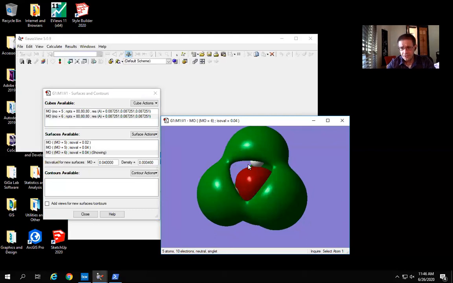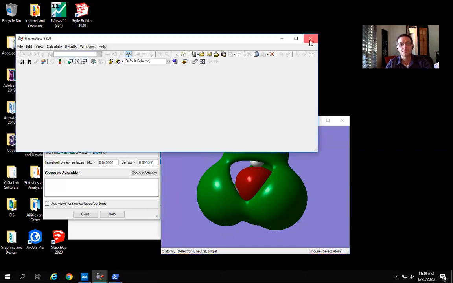Those are the things you need for the first lab. So that should be all you need. The last thing that you're going to do, now I'm not going to do this to show you because I don't know where you want to save your files, but the last thing that you want to do once you've finished your project, close GaussView,